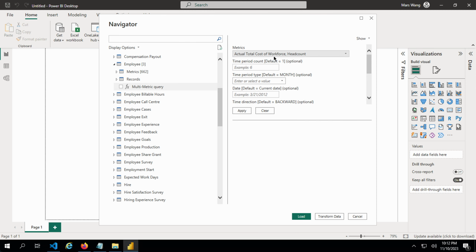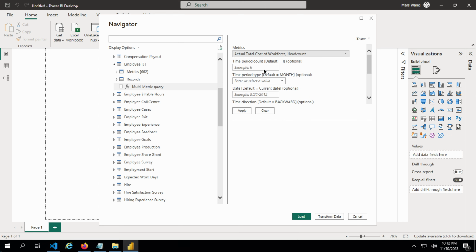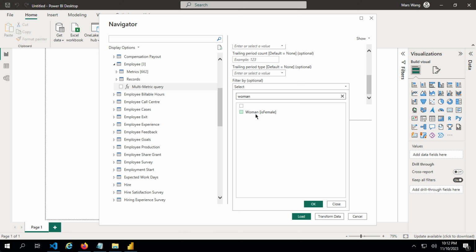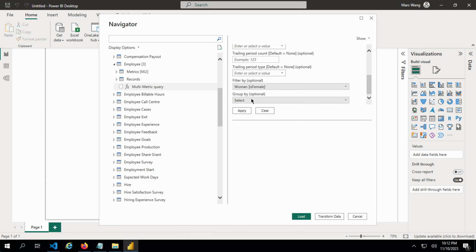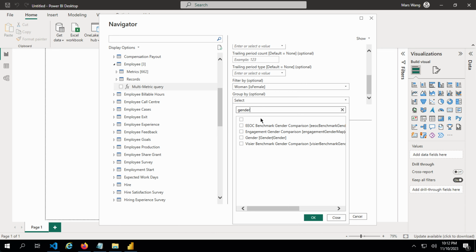So we select those two, and now we can query for both of them with the same time options and filter and group bys. And then let's say for this one, we want to do 5 time periods, and in some months, let's say we want to do a year. And for filter, let's say we want to filter for women, and then group by gender,